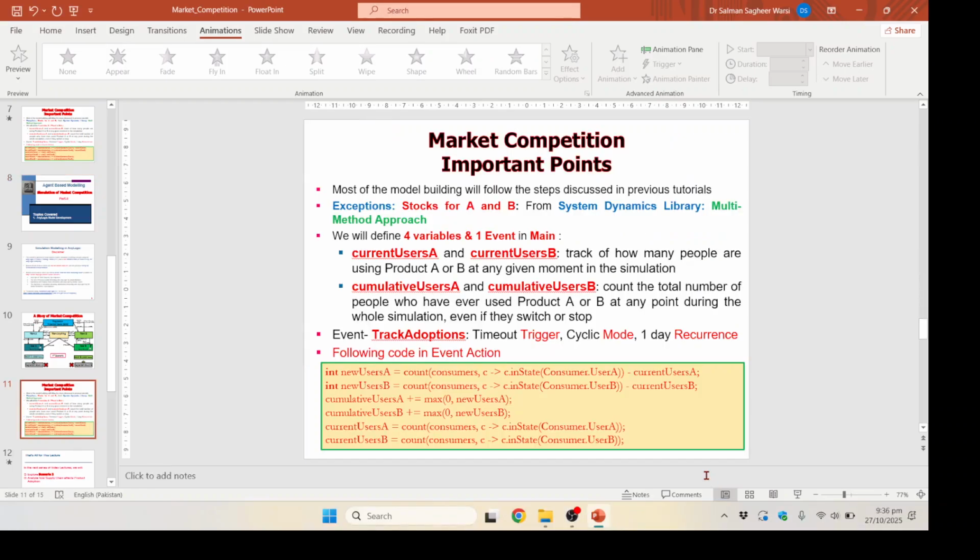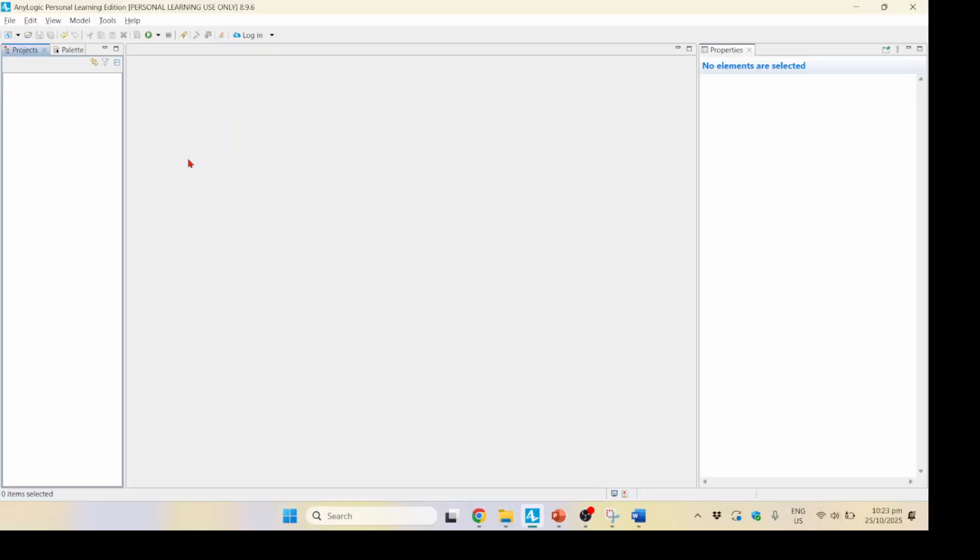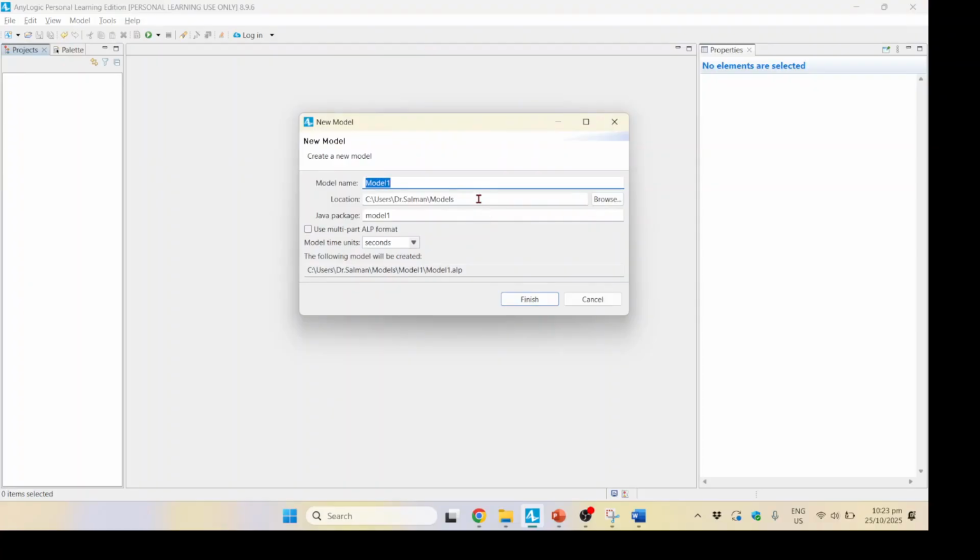So after this, we will do it in AnyLogic. We move to AnyLogic and we create a new model. So for making a model, what you have to do is you have to go to this icon and you have to create the model. So you can create the model by clicking this, and let's see, we can name it,